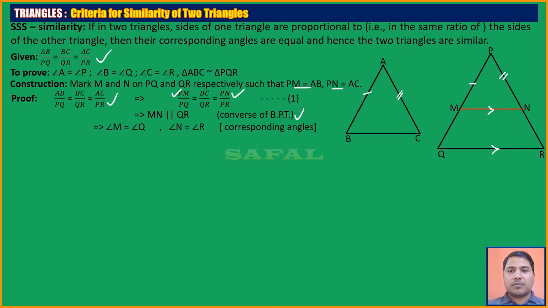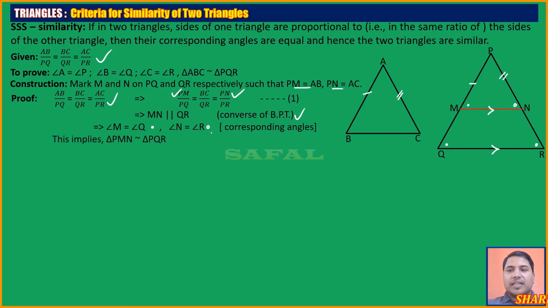Now since MN is parallel to QR, by corresponding angles I can say that angle M should be equal to angle Q. So this is equal, dot, and maybe I can put a circle here. So angle N should be equal to angle R. So these are corresponding angles, correct? So moving ahead,